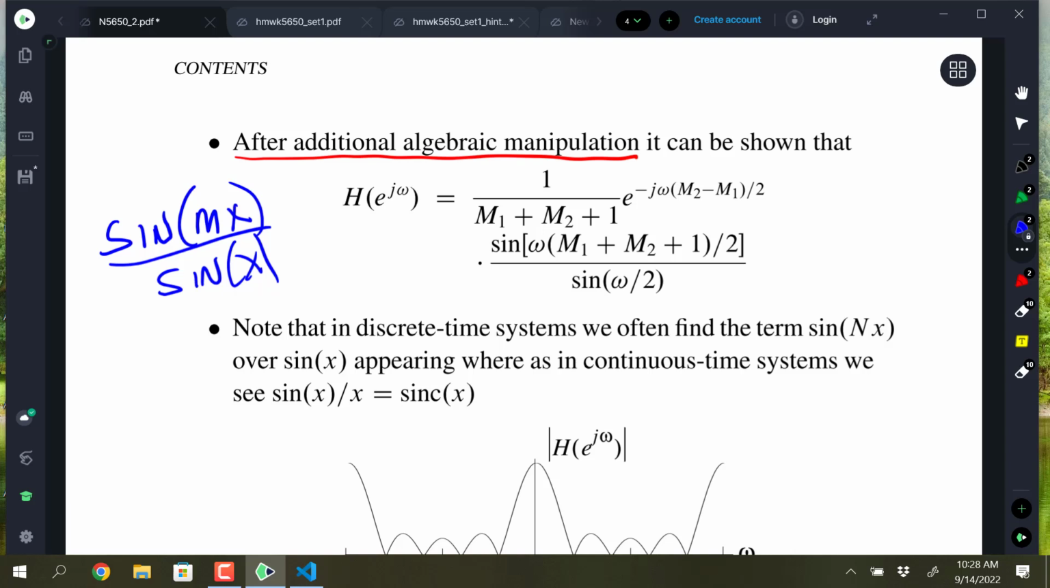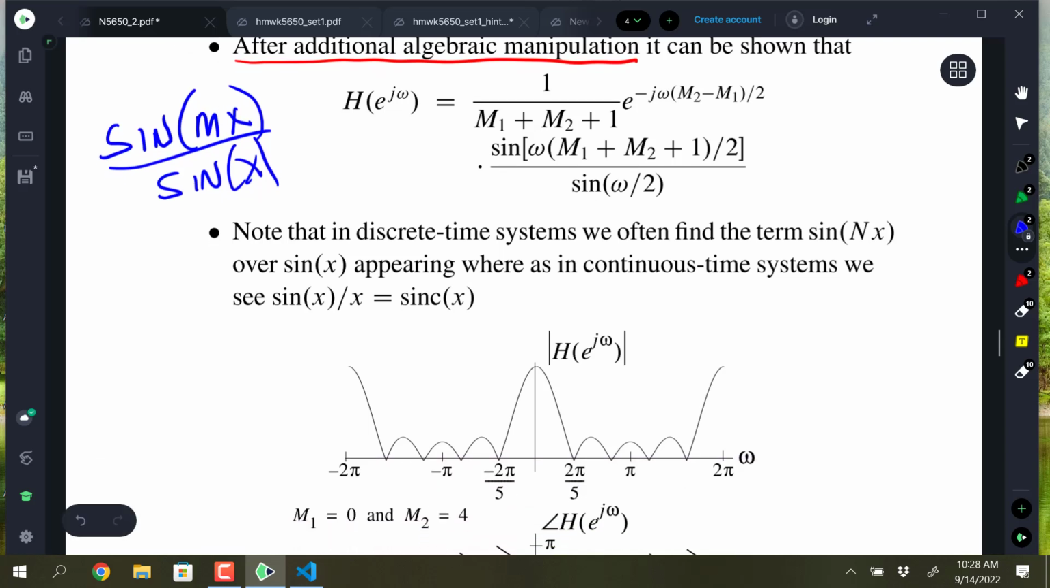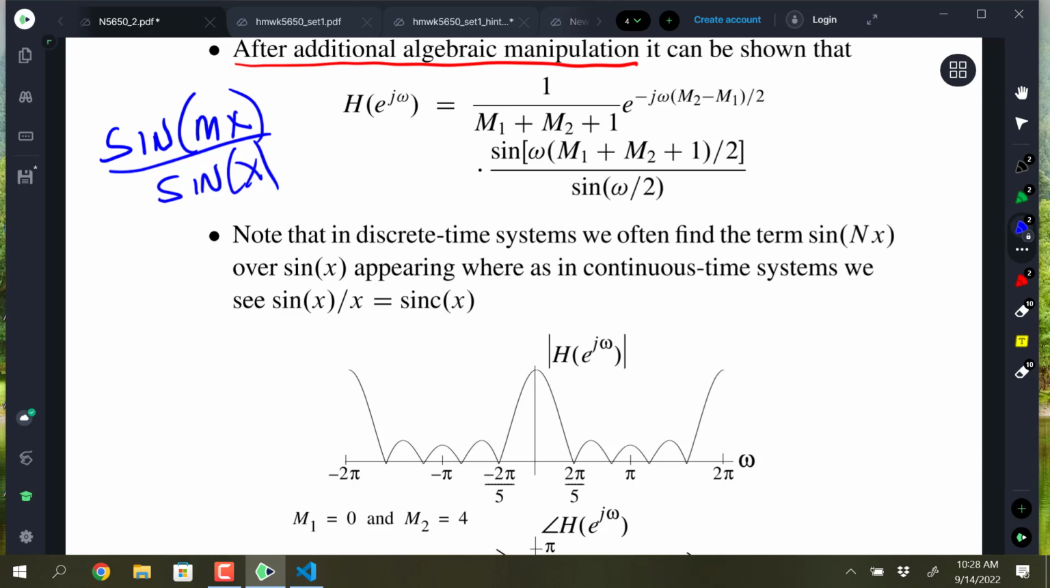In general, this is sometimes referred to as a Diric function. In MATLAB, they called it the Diric function, actually D-I-R-I-C. I'm not sure if Python has a name for it or not, but it's similar to a sinc function. So you've got an argument x. In this case, x would be omega over 2, and then you have M times x in the numerator and just x in the denominator. Looks like I used n over here. The letter I choose doesn't matter. But what does matter is that